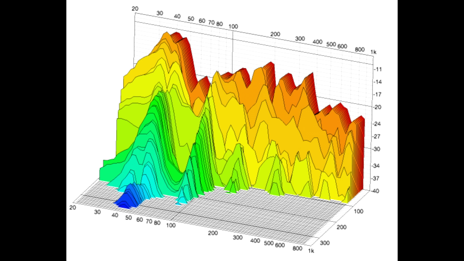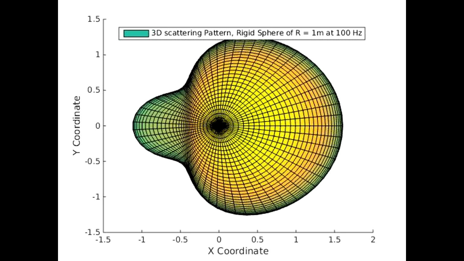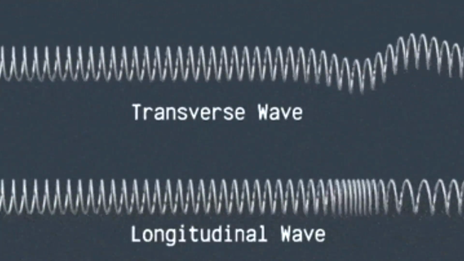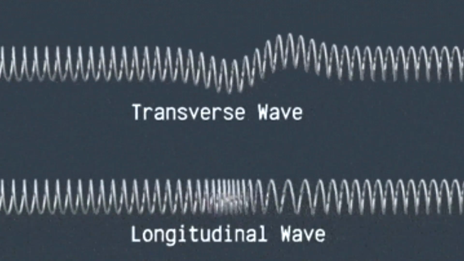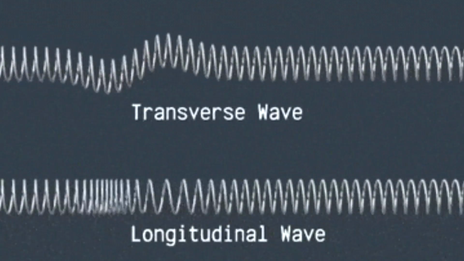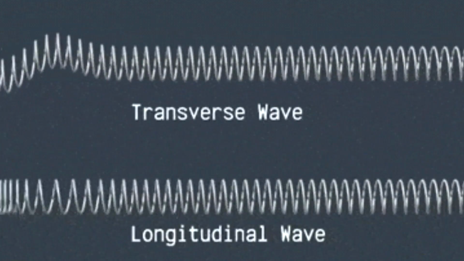Now, we're going to talk about this a lot more later, but I just want to start getting you familiar with the graphs of sound and what its propagation looks like. What I mean by propagation is how sound moves forward. The first thing is we're going to be talking about air mostly. Air particles do not move with the wave. They move back and forth. When we talk about sound, you'll see this in a two-dimensional way, but it's actually way more complicated because it's in 3 dimensions. It's called a longitudinal wave because the particles move in the same direction as they oscillate, meaning they move back and forth in the same direction as the compression waves propagate.